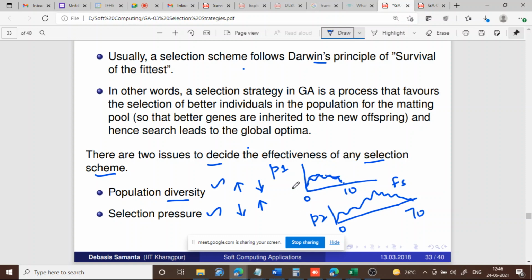P2 is more diverse. P1 is less diverse. Say the number of individuals may be equal. For example, here there may be 10 individuals, and here also there may be 10 individuals, but still this one is more diverse, whereas this is less diverse. So if the population is more diverse,